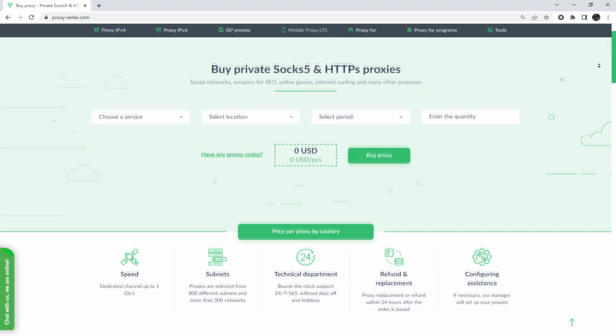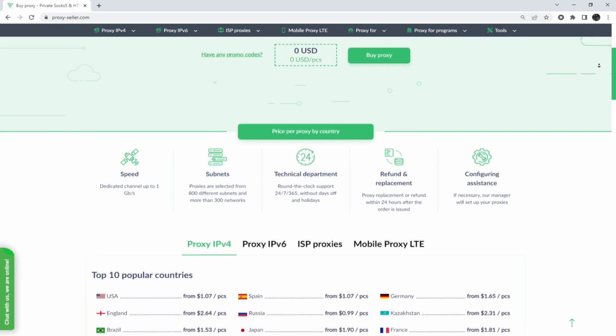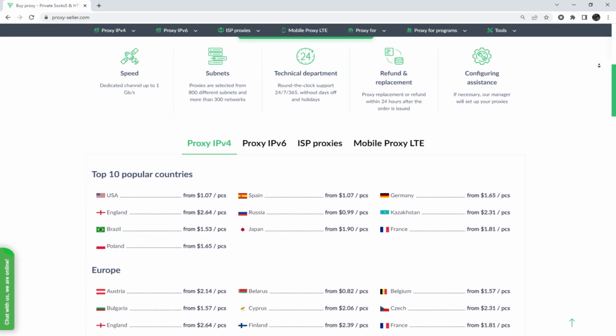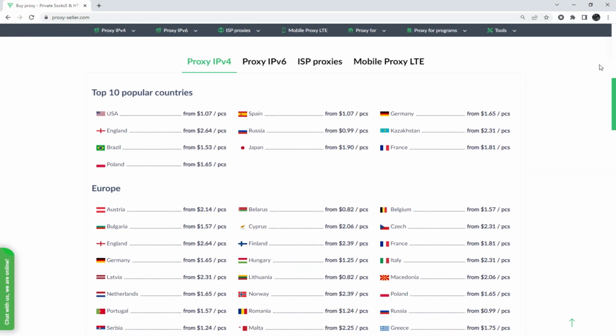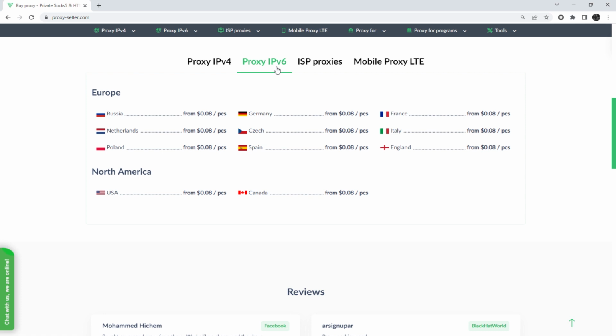I also want to remind you that working with free proxies is not safe, does not guarantee anonymity, and will lead to blocking. To remain anonymous on the network and be sure of your security, it is recommended to purchase